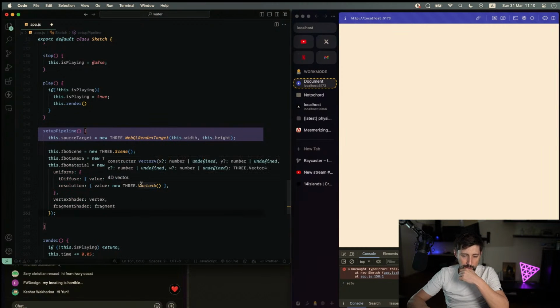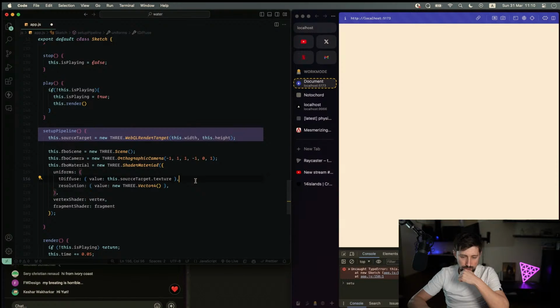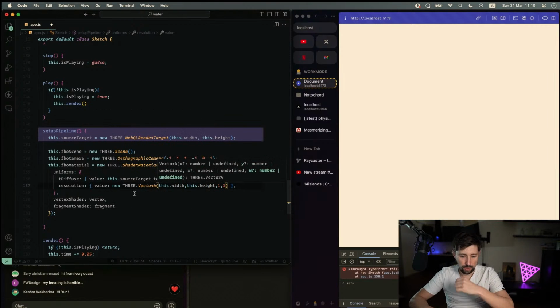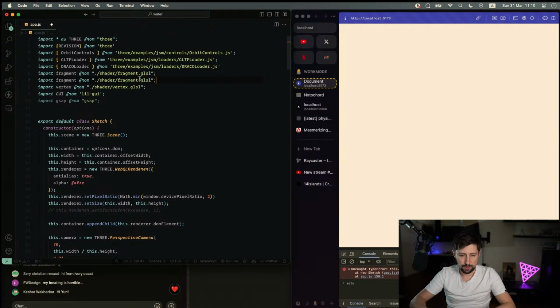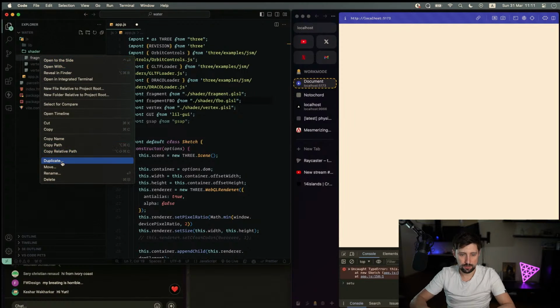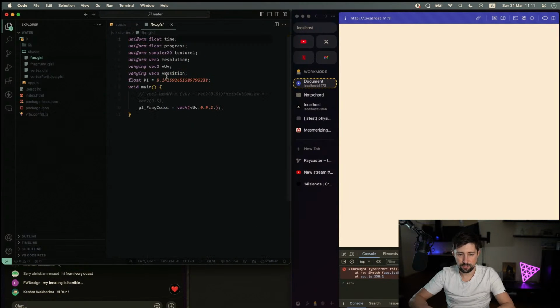Then for this one, I'm gonna be using diffuse texture, which is using the source target texture, resolution, this with this height 1, and this one's gotta be fragment FBO because I already have the fragment here, so I need the fragment FBO. Basically, let's call it just FBO. Fragment FBO. And then in here, duplicate FBO GLSL and diffuse. And in here, well, I gotta be using this color equals